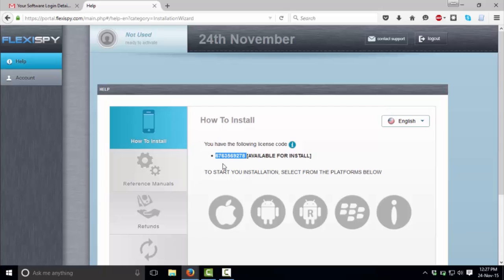What that means is that the software and the license is not tied to a device and has not yet been activated and installed. For example, if you are reinstalling the software onto a new device, your license code listed here may not be available for install. If that's the case, from inside your online portal, simply follow the steps to deactivate and uninstall to make the license available. You can then go back to the How to Install menu here and install the software again using